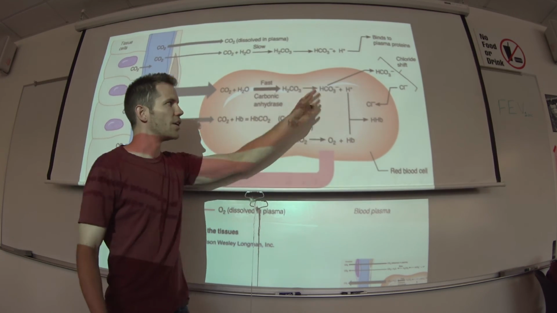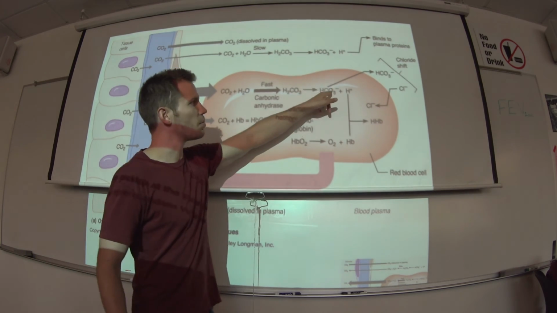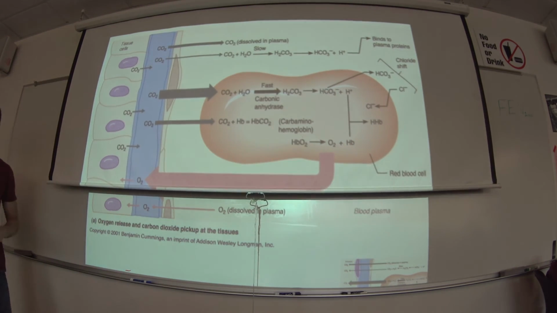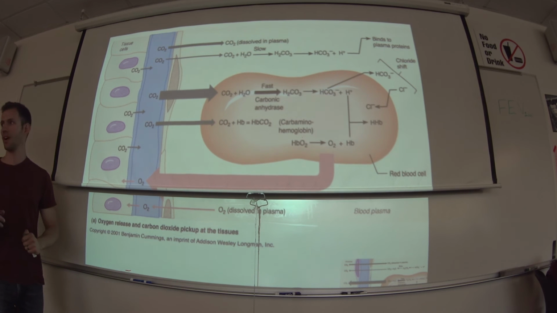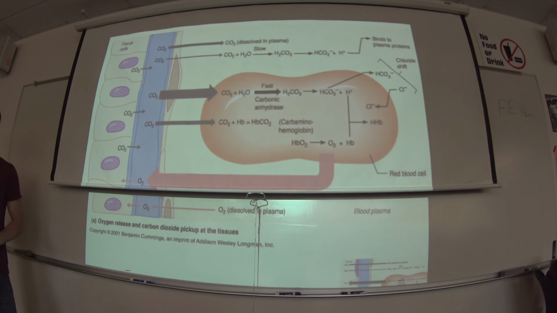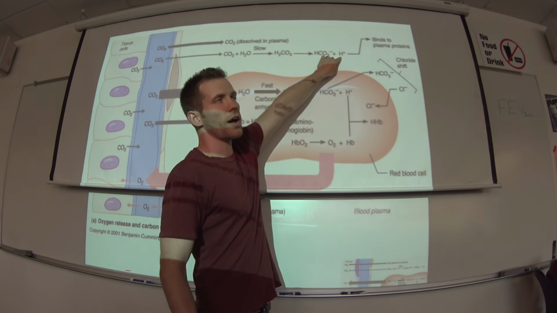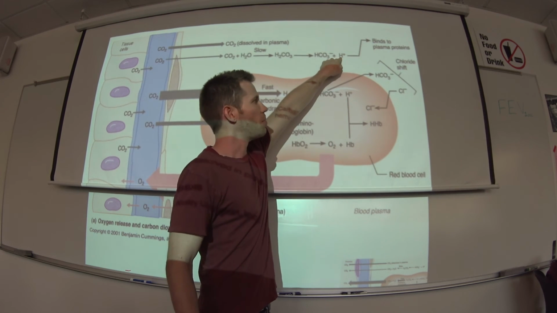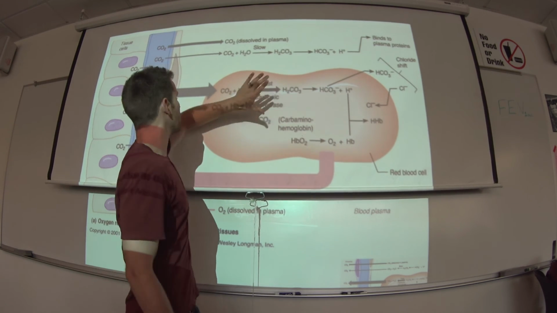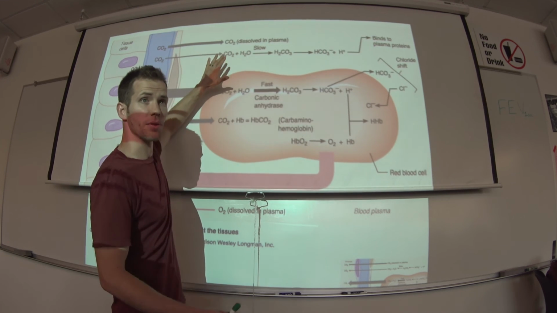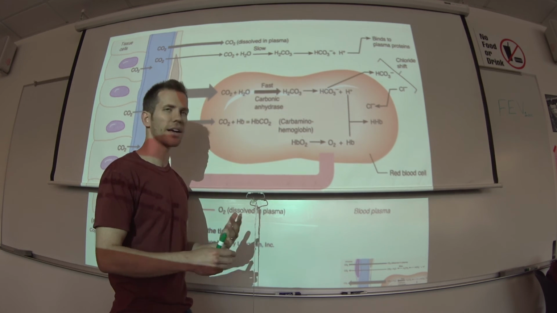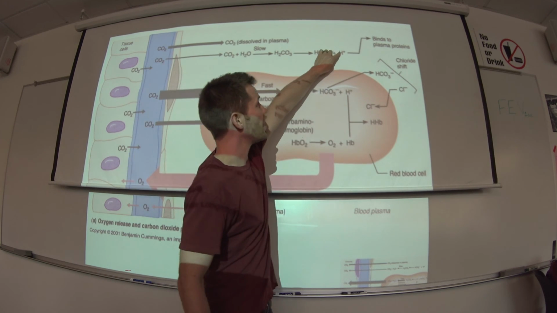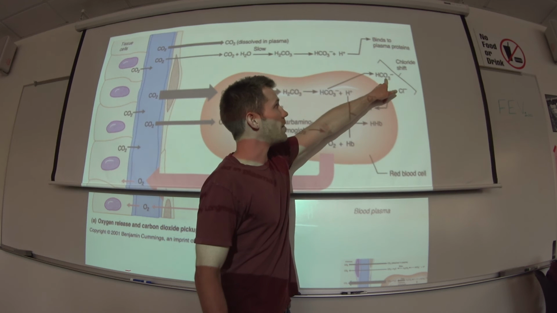Same thing. Here's where the fanciness comes in. We ship the bicarbonate out into the plasma. And that's a super cool thing to do when you're an organism that often has to deal with hydrogen ions floating around in its blood. That hydrogen ion is going to cause problems. It's going to lower the pH. But as long as you've got red blood cells around and you're not producing a crazy high amount of CO2, like most of us sitting in the room, we're not going to fatigue, we're not going to burn, we're not going to have damage to our tissue,